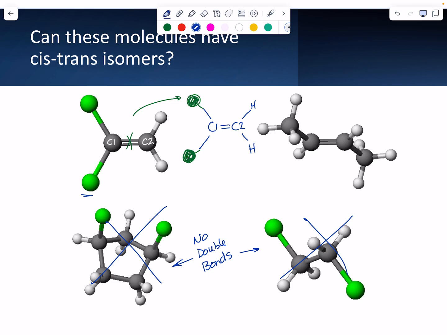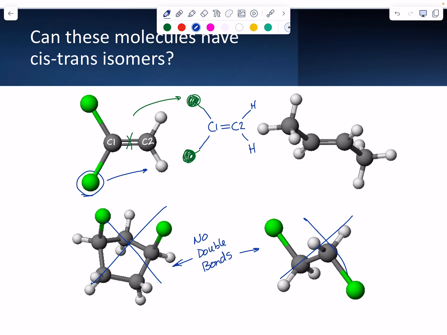Because the key is the same atoms have to stay attached, right? So if I try to move this here, it's going to be attached to carbon 2, which is why I labeled them carbon 1 and carbon 2. So carbon 1, to be the same molecule, has to be attached to the two green atoms, whereas carbon 1 has to be attached to the two hydrogens. So yes, you can make a different version of this molecule, but a chemist would consider it a different thing,